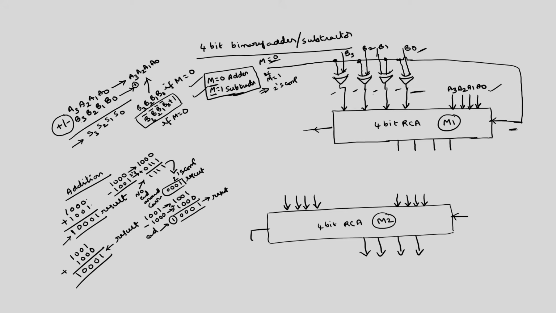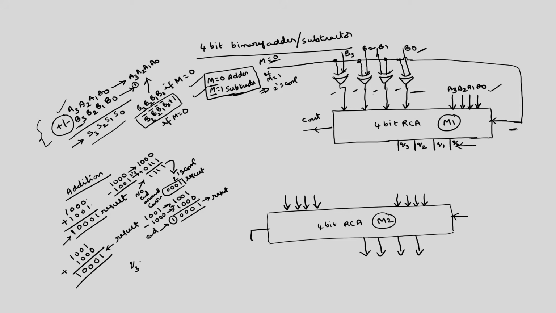Till now we have obtained either the sum of these two or the sum of this plus the 2's complement of this. Now, the actual logic appears here, depends upon the C out. So, there are 4 possible conditions. This intermediate result is the final result in some cases, and the 2's complement of this intermediate result will be the final result in the other case. Okay. If I call this intermediate result Q3, Q2, Q1, Q0, and the final result is S3, S2, S1, S0.